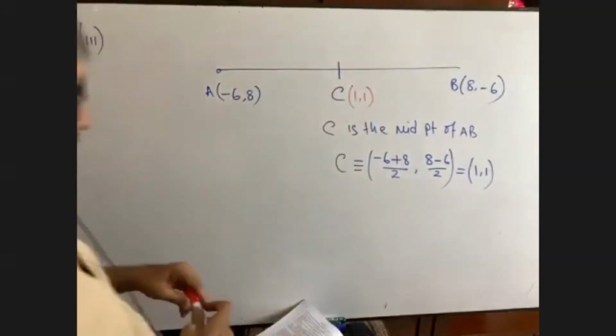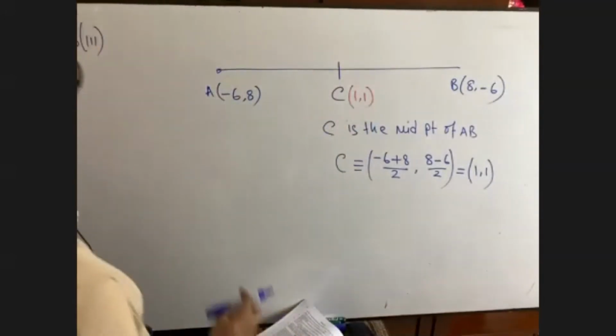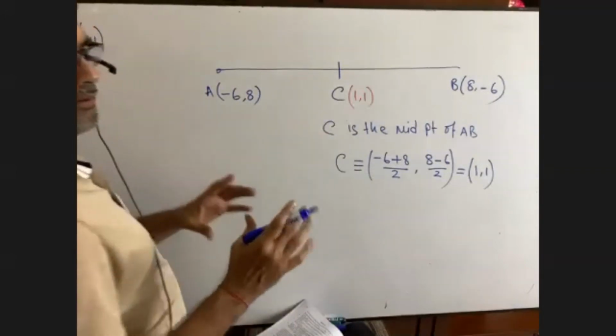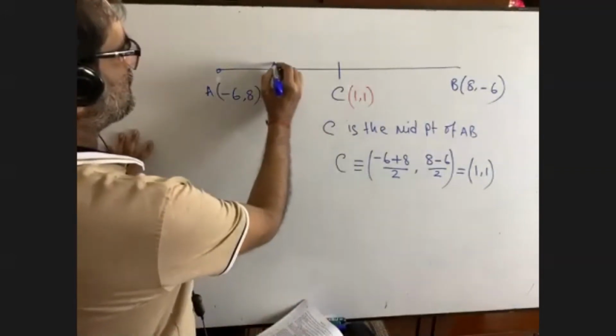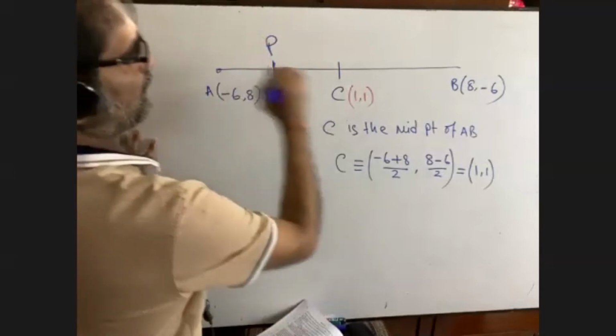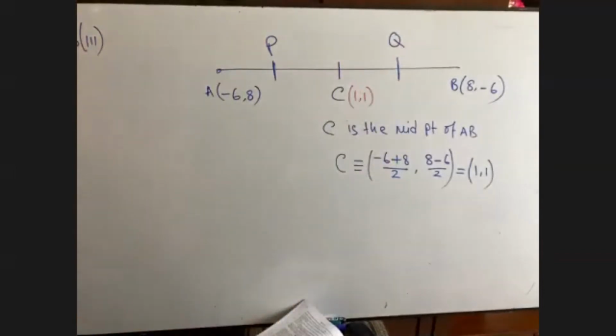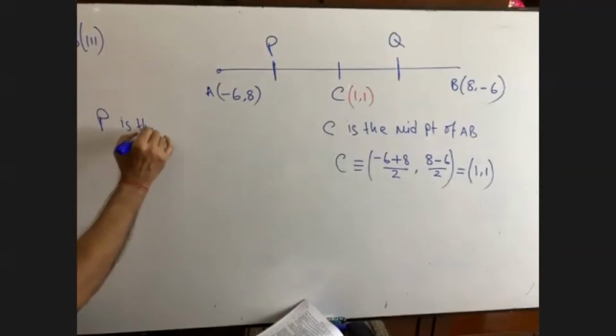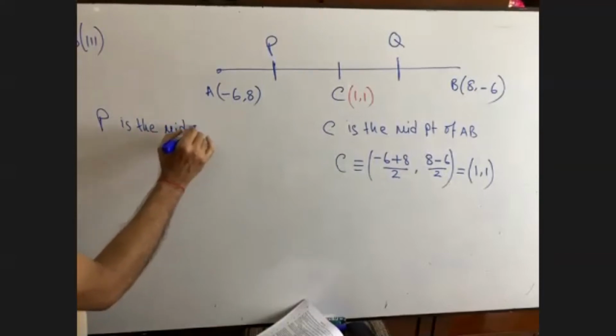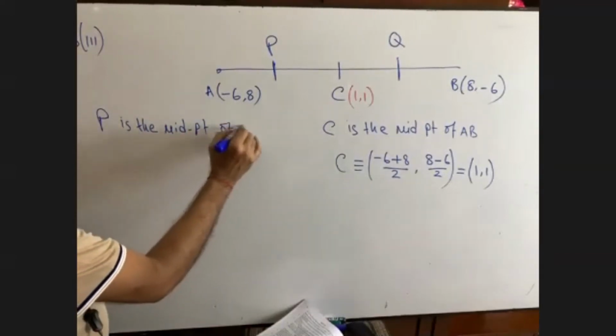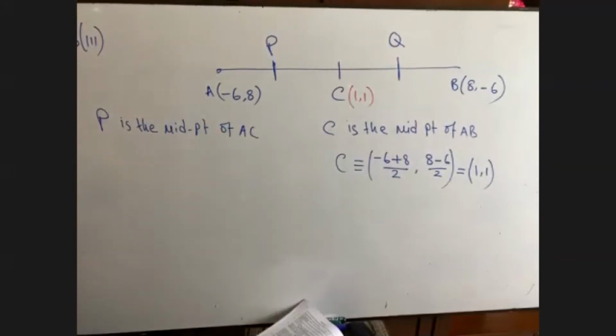We have got it, but the question is not that. In the question it is given that AB will be divided into four equal parts. So another part, suppose it is P, and here it is suppose Q. Now have you seen we have got four equal parts, right? Yes, sir. Now what about P? Can you please let me know what about P? P means what? P is the midpoint of AC. Am I right?